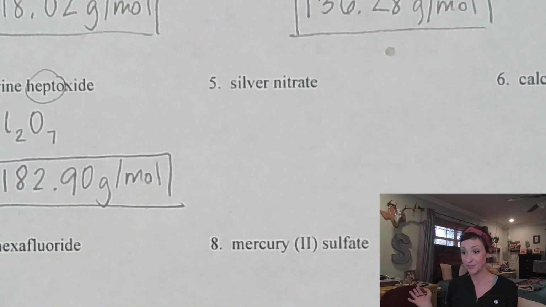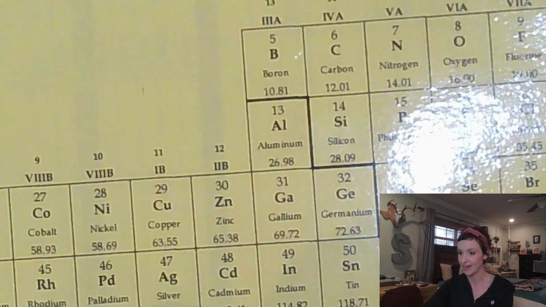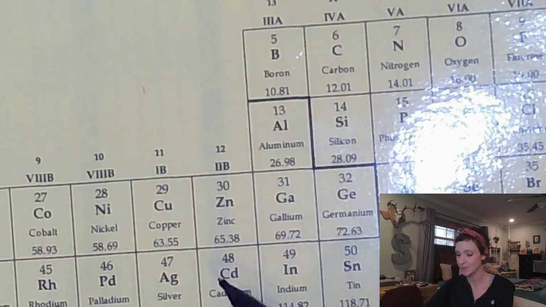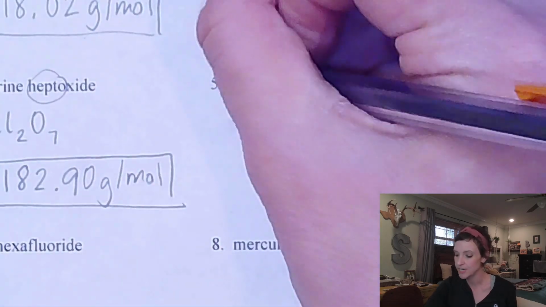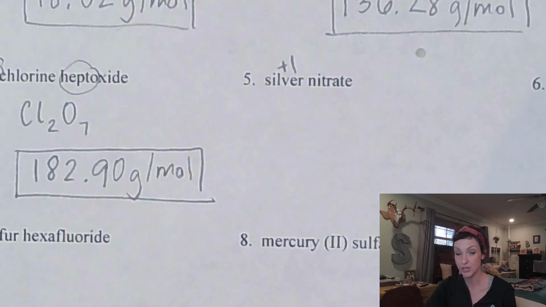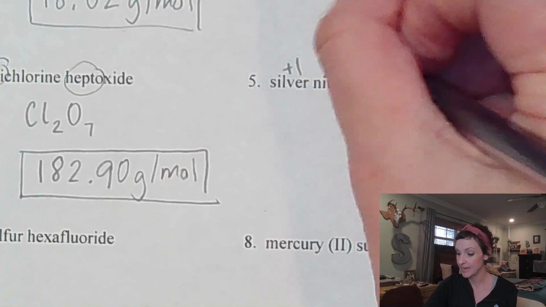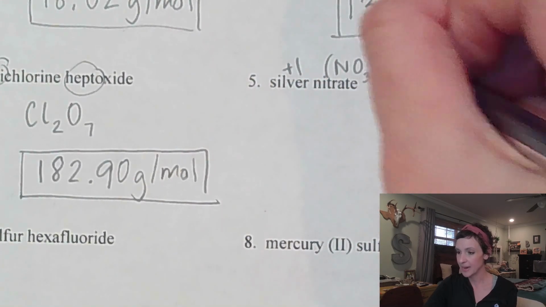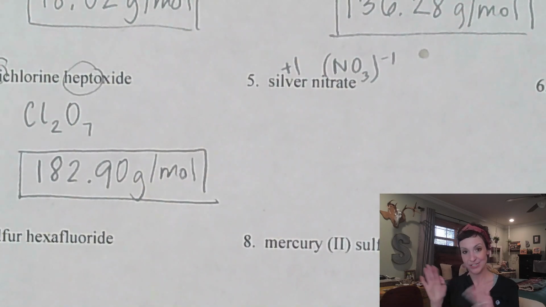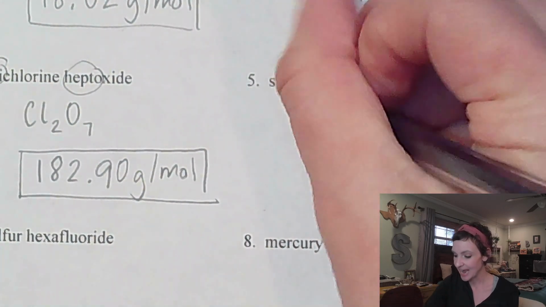Next up, we got silver nitrate. Silver is part of our transition metal arrows of +1, +2, +3. So silver has a +1 charge. So this is an ionic compound, which means crisscross. And nitrate is a polyatomic ion, NO3, with a -1 charge. Okay, so crisscrossing those formulas, I have